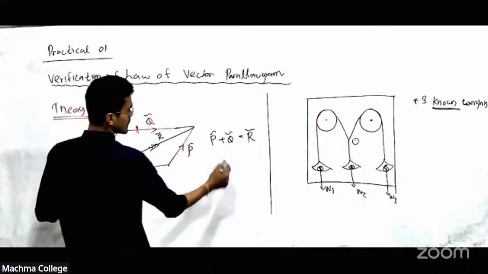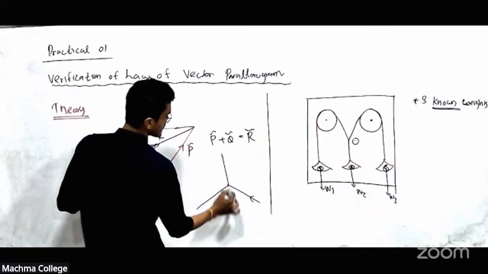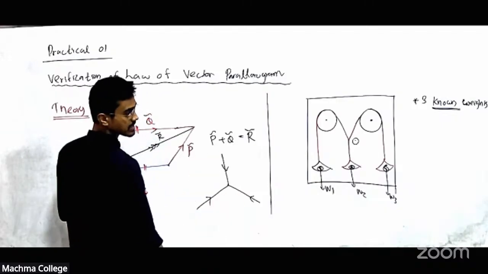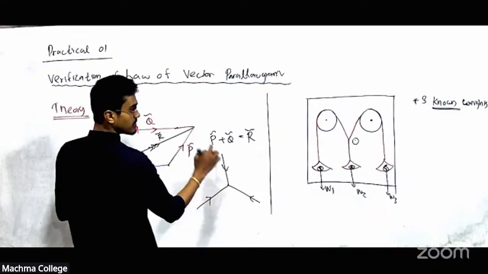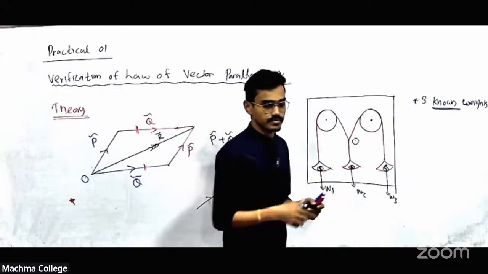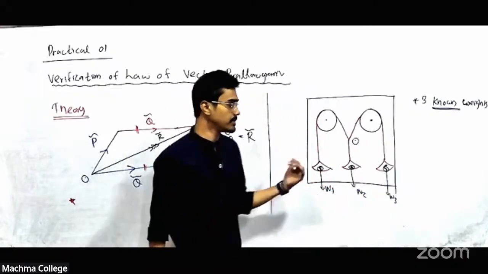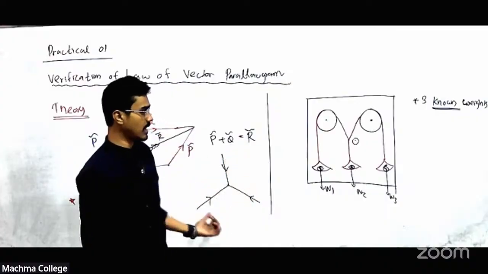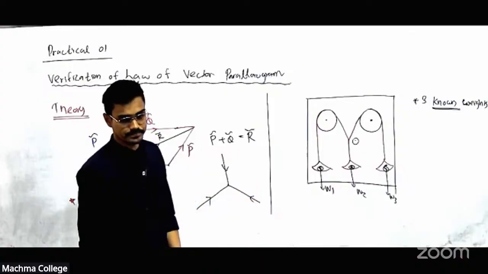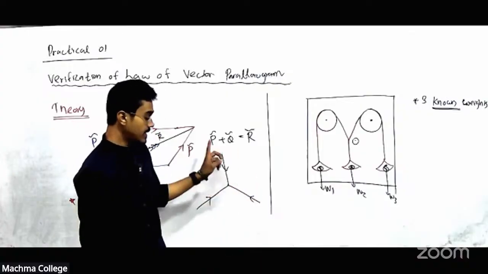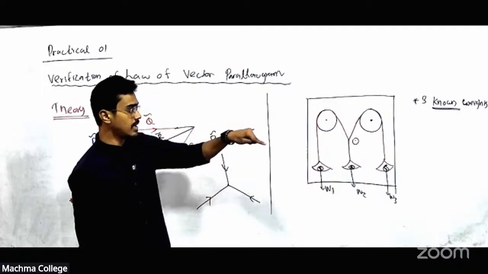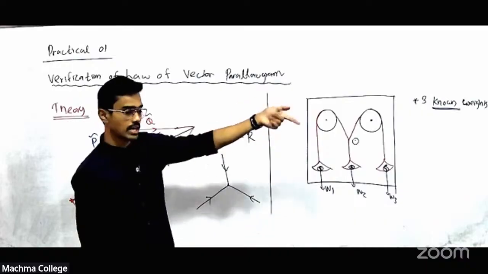If any object is in equilibrium under three non-parallel forces, all three forces intersect at the same point. And there we discussed five features, right? We have five features. If you have these kinds of forces in equilibrium, the resultant of any two forces should be equal in magnitude to the third force and opposite in direction.